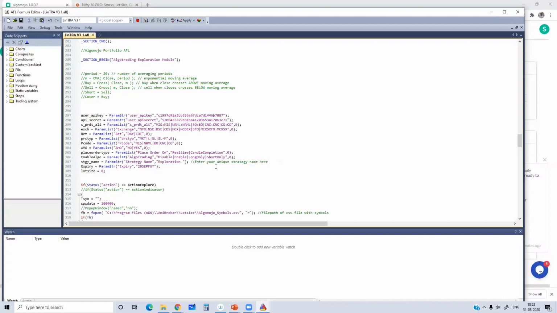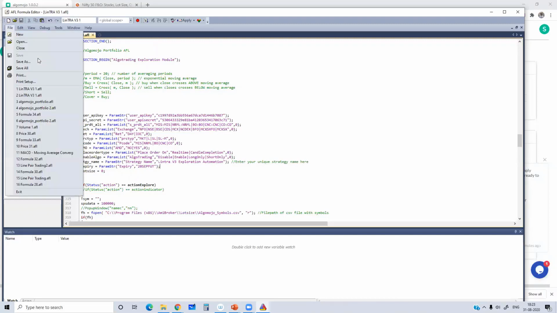Exploration automation. Let's call this Lintra V3 exploration automation. Expiry is also set. So everything is set now.